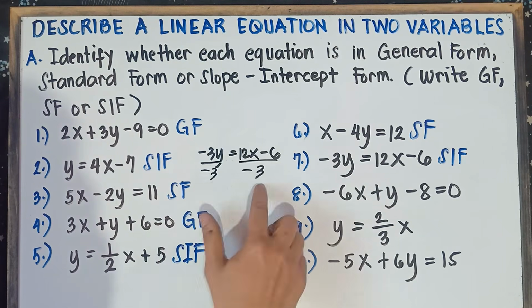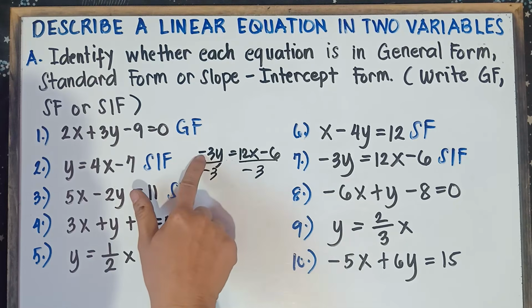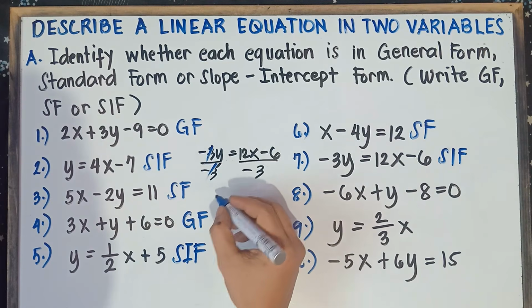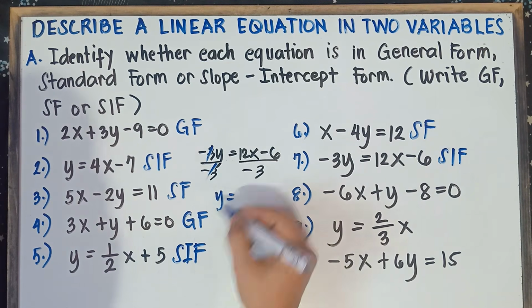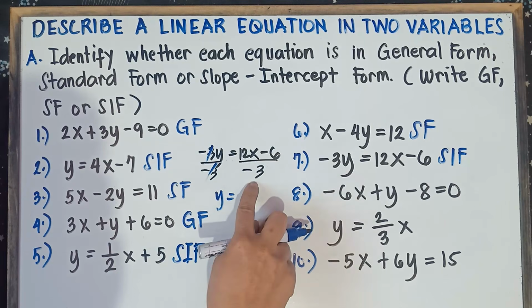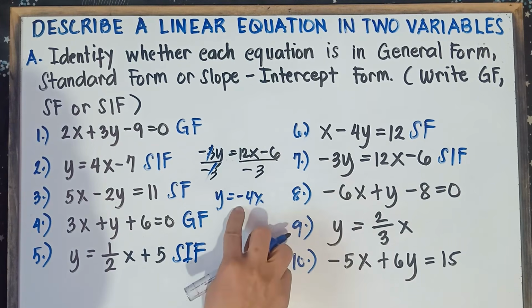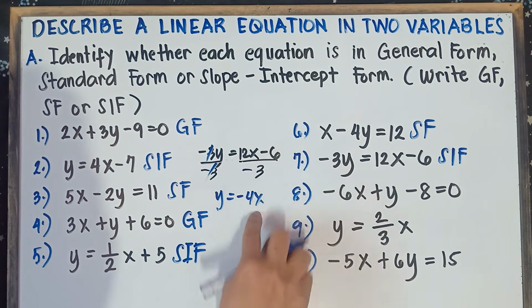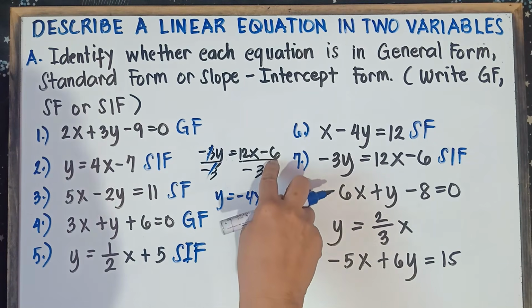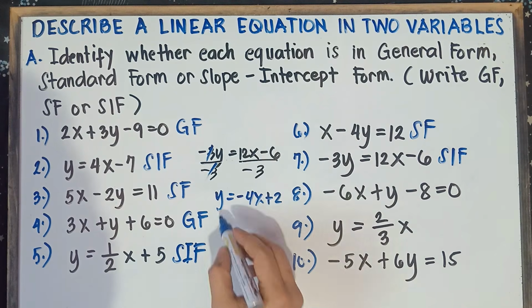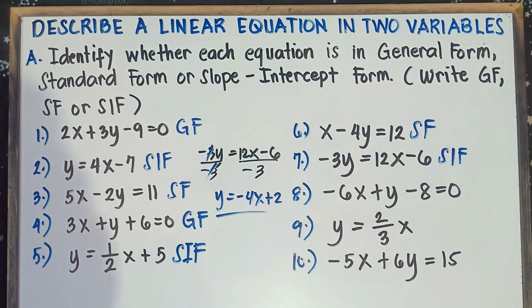So once again, we can divide both sides by negative 3. Dividing this one, negative divided by negative is positive, so we can just cancel this out. The equation will become y equals 12x divided by negative 3, that would be negative 4x. Positive divided by negative is negative, 12 divided by 3 is 4. Copy x. And then negative 6 divided by negative 3, the answer is positive 2. So this will be our new equation, y equals